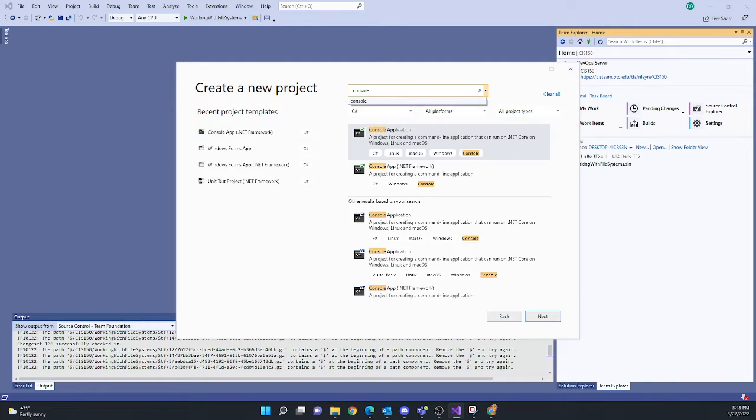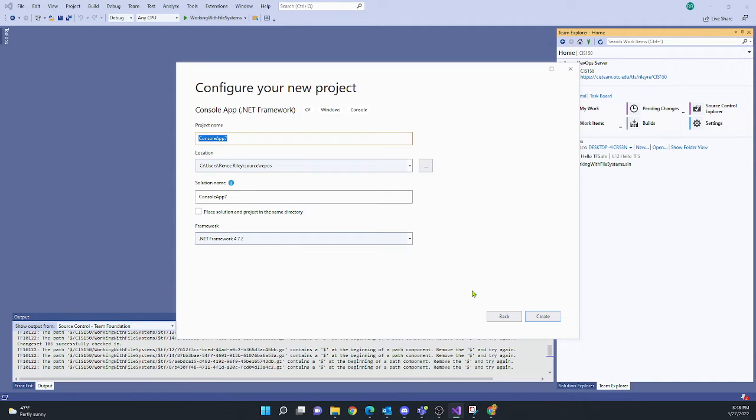I can search console in the search bar of my template search. I could do a console app that's .NET Core or .NET Framework. For a console app, it shouldn't make much difference. I'll choose .NET Framework, and this is going to be